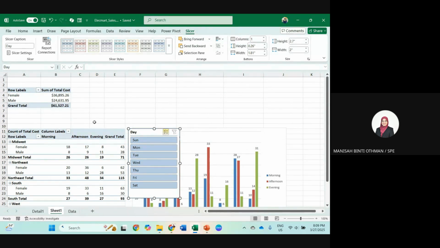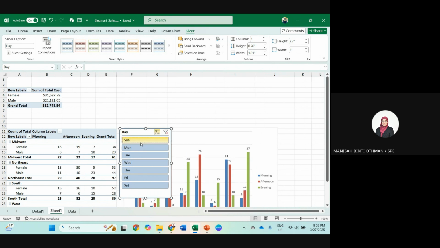In this case, we say we just want weekdays. You can see now the slicer also has an effect, because we already connected the slicer to both tables. If you have 3 tables, 4 tables, you can have only one slicer.